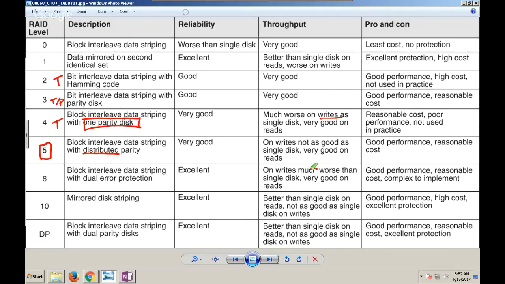RAID level 6 says, okay, well, let's step that up, but what if we double our protection? So rather than having 1 copy of the parity information, we'll have 2 levels. So it's A has the data, then B and C have parity, and B has data, then C and A. We're going to have an extra disk now as a minimum. So we'd have to have 4 drives now, okay?